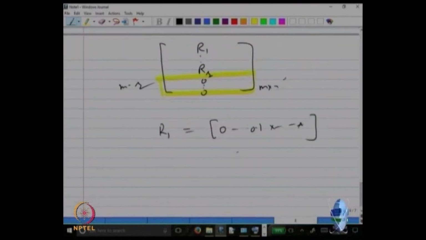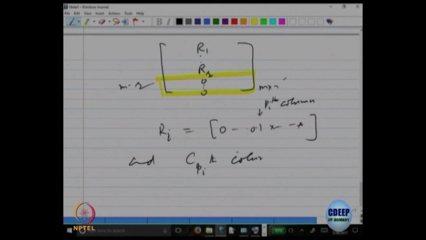So let us write R i. So this is the P ith column. Pivot should be 1, reduced row equivalent form, and in the column C P i, all entries are 0 except